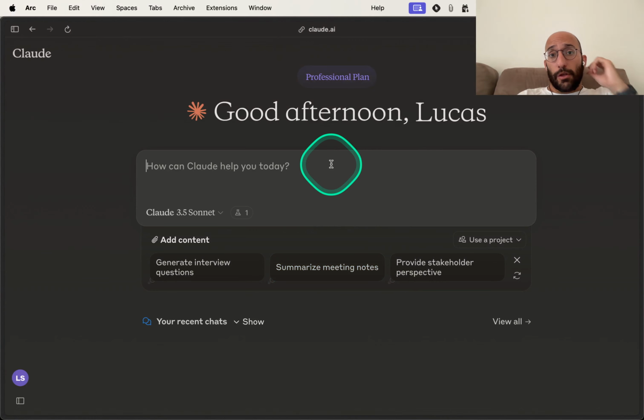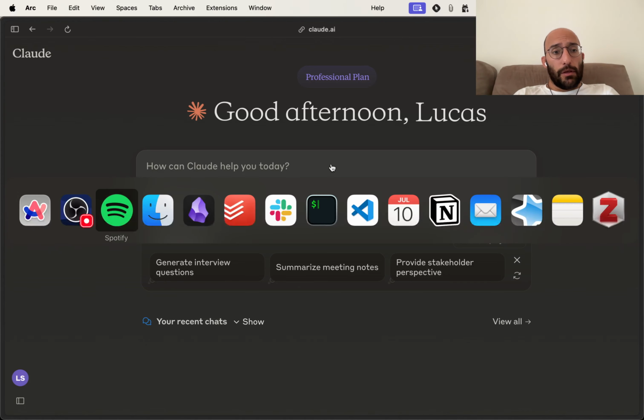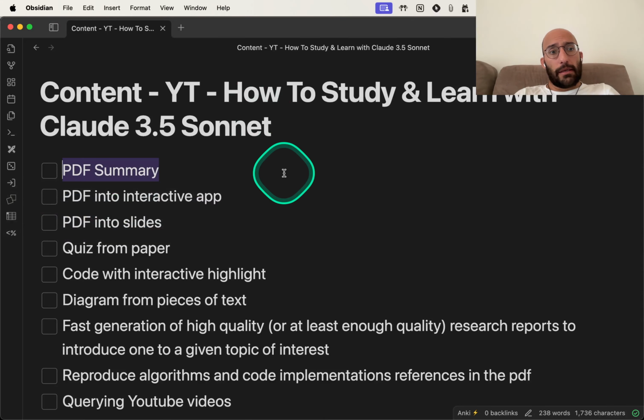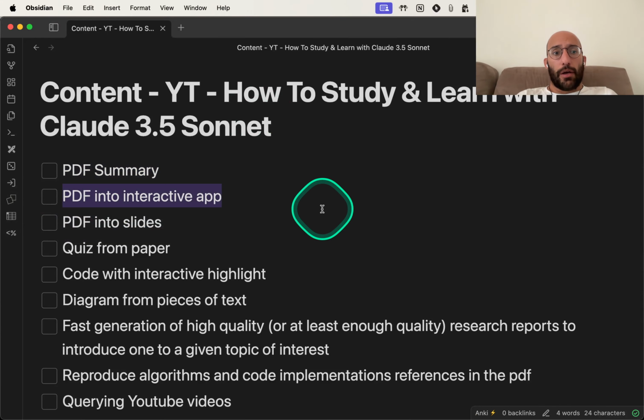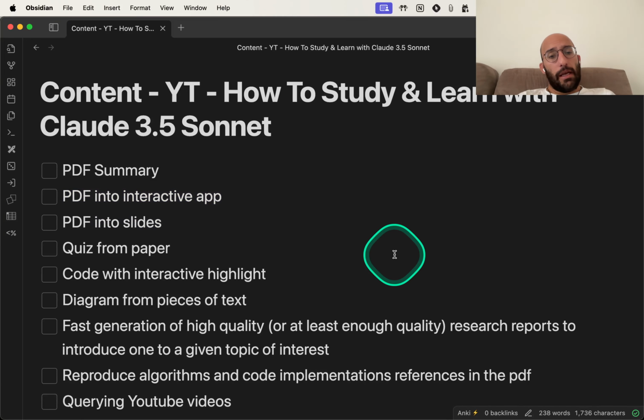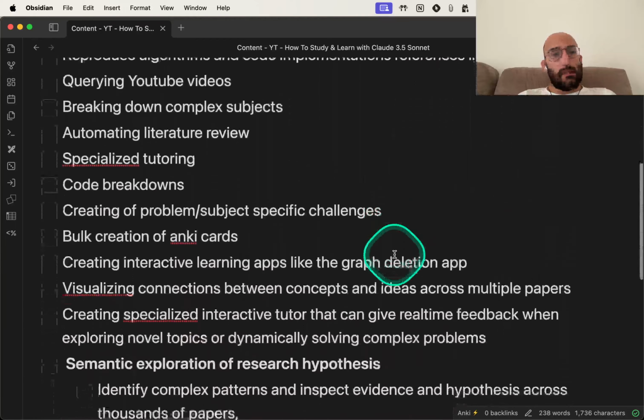What's up, folks? In this video, we're going to learn how to study and learn and do research using Claude 3.5 Sonnet and its new feature, artifacts. So we're going to be covering examples like how to summarize a PDF, how to turn a PDF into an interactive app, how to turn a PDF into slides, and a bunch of other interesting examples that I think are